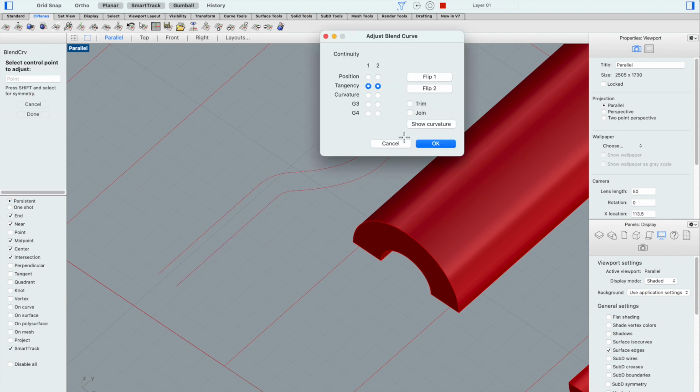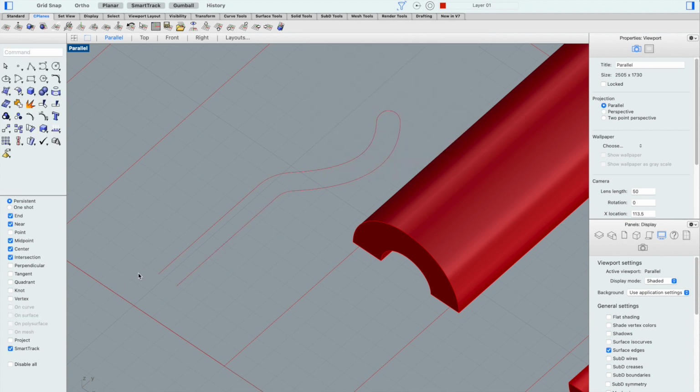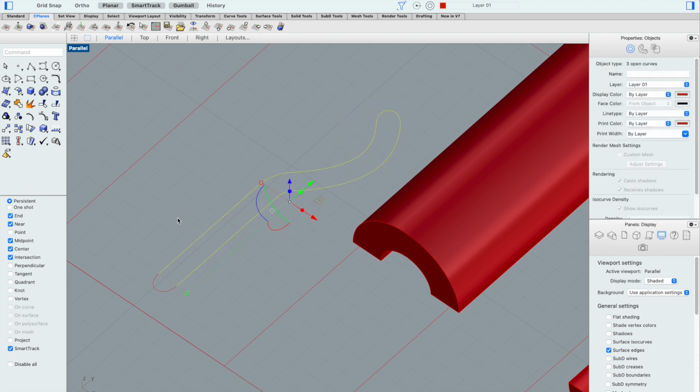You and you. Close that. So I've got 2 of these curves in the same place. I'll delete it. Now what I'll do is I will join all these. So now that it's a closed curve,